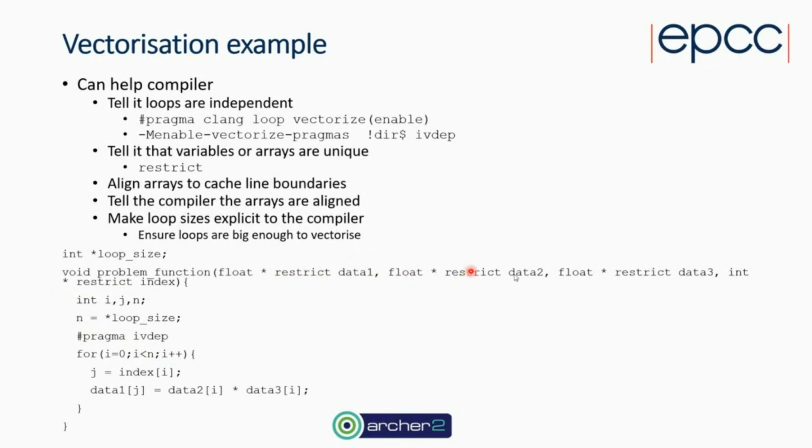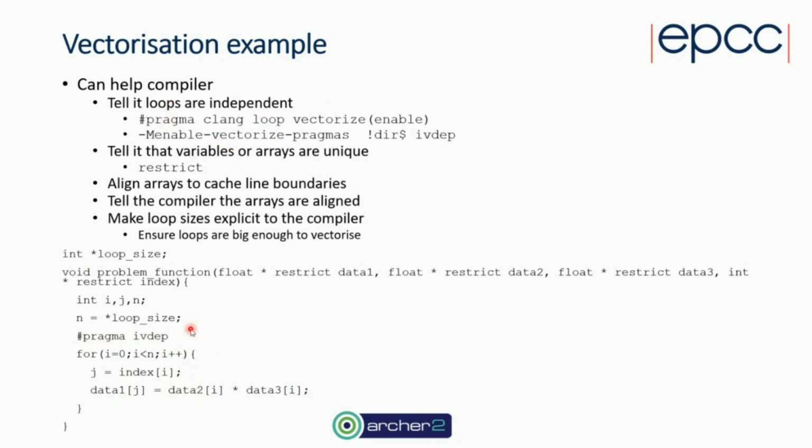So I can restructure this loop here to put the restrict keyword in here, where I'm saying these pointers are restricted, so I can guarantee you they're not pointing to different places. I can take the loop iteration counter, so a loop limit, loop size, out of the pointer and make it a fixed variable, and then the compiler will be happy about that. And then I can tell the compiler with a special flag here saying, actually, I guarantee you there's no dependencies between these loops. That index, which produces j, is not the same as data. And then the compiler should be quite happy to vectorize it. So we've not really had to significantly change our code here, but we can address some of the issues the compiler sees and make it vectorize the loop